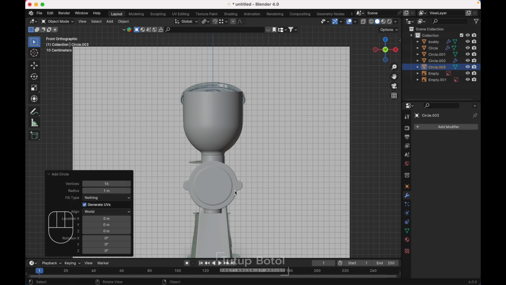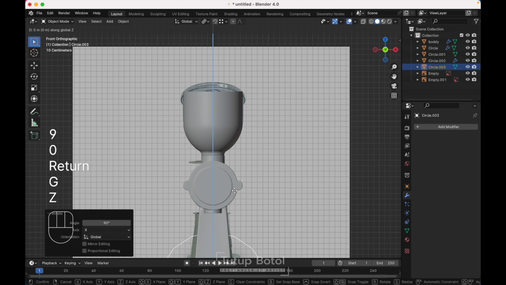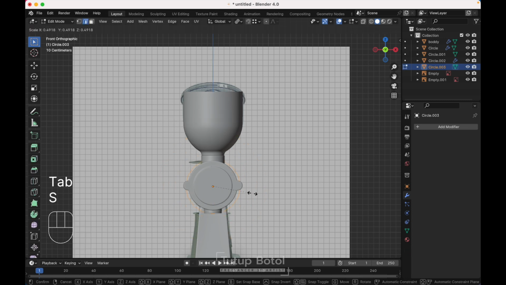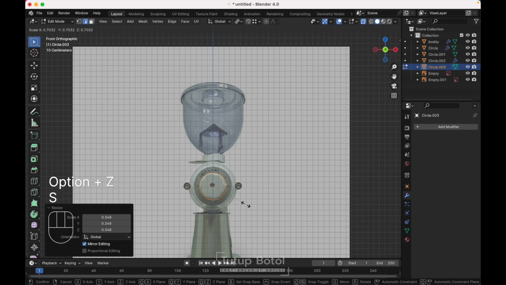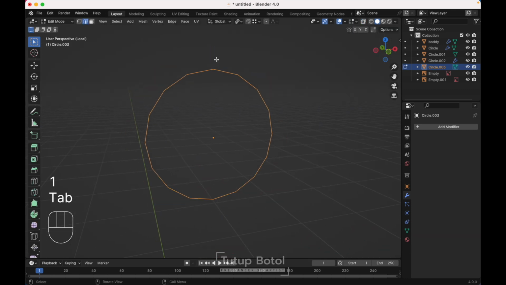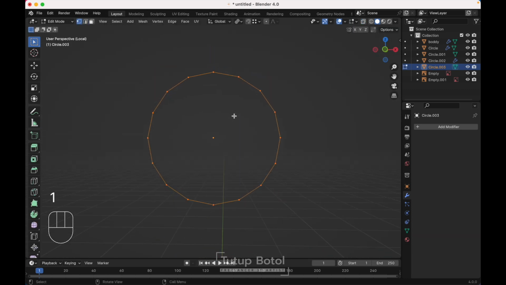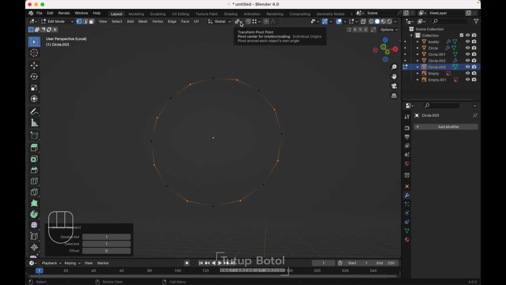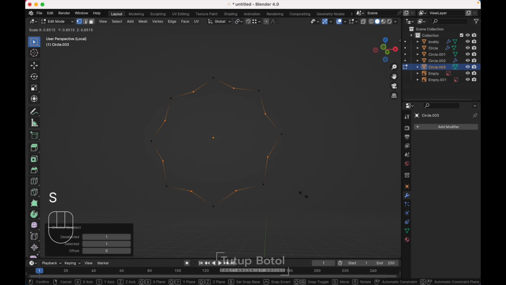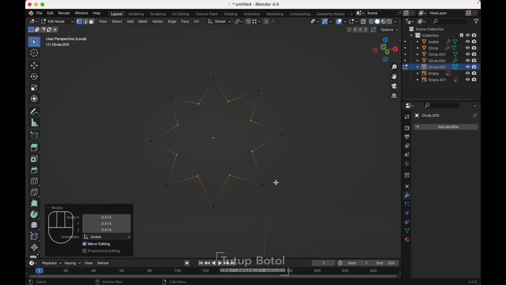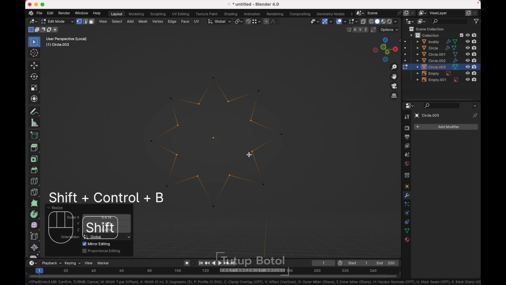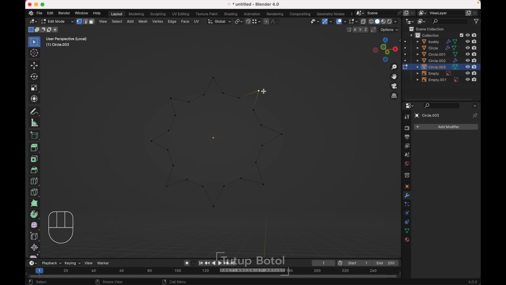16, press R X 90 degrees, press G Z, move your circle over here, tap to the edit mode, S to scale it down, Alt Z to see the X-ray view, press slash on your keyboard, tap to the edit mode, press 1 on your keyboard, select, checker select, and over here, default point, change it to the median point, S to scale it down like this, press Shift Ctrl B, bevel it, just make it one segment, just like this,